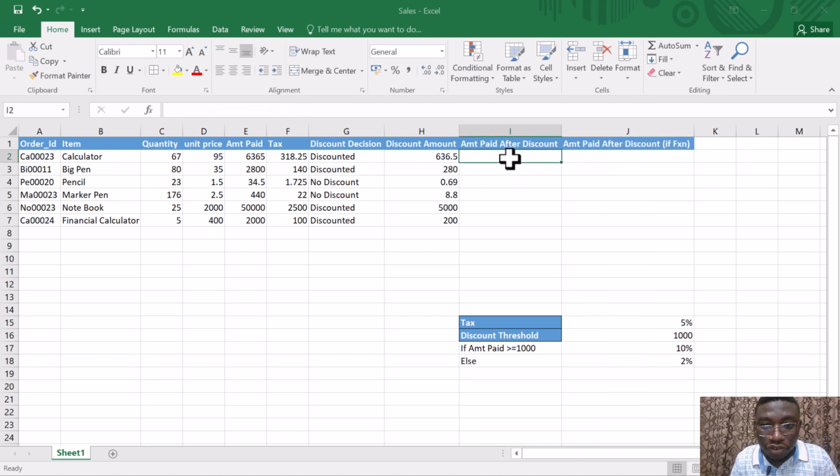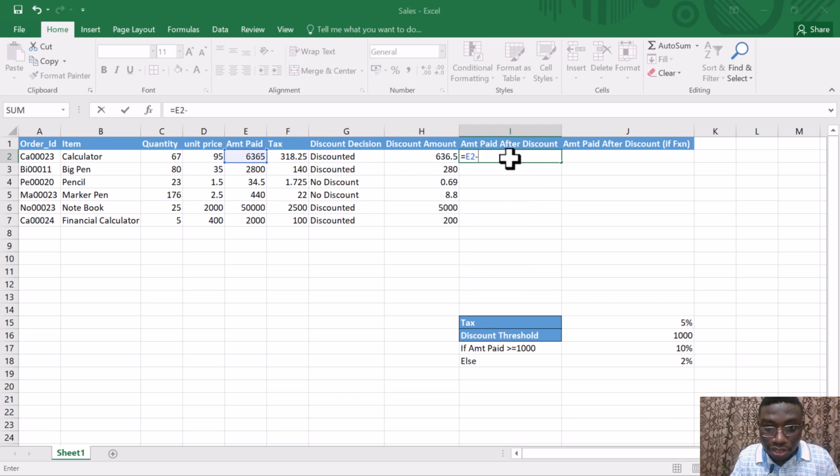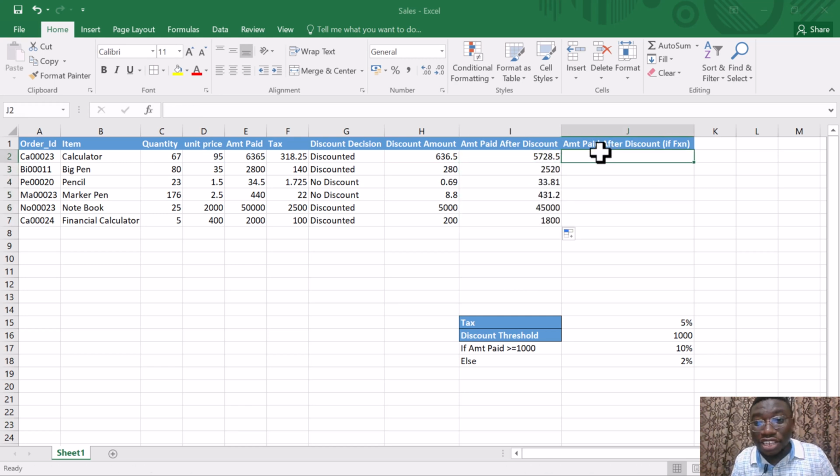So let's do this straightforward. To get this, that is equal to E2 minus H2. And this is the amount that we are getting. That's after discount. This is what the person is paying. The same way, we can use the if function to do that. So equal to